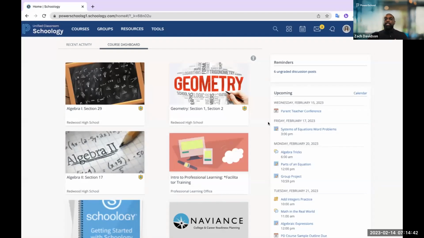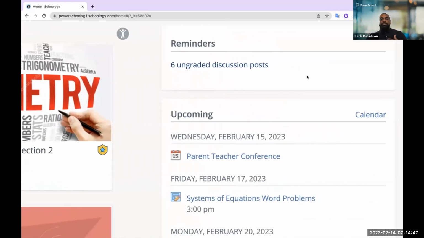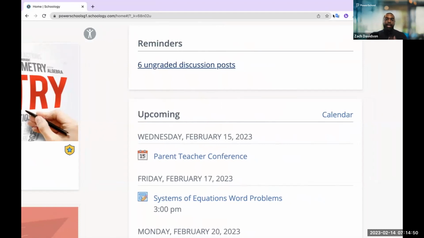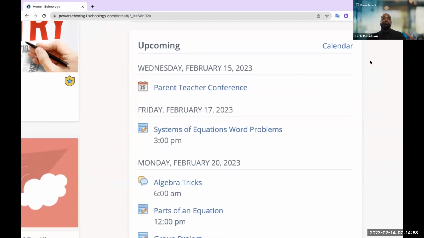To the right column, this is going to be available for teachers and students alike. Right at the top, you're going to see this reminders feed that really just showcases and highlights here any sort of ungraded assignments or discussions and assessments that need to be tended to by the teacher. Below that, once again, available for teachers and students alike, is an opportunity to see what's coming up on that daily calendar. For the week, as a teacher, I can see the homework assignments that I've pushed out, any tests or quizzes, and any events for the groups that I'm a part of. Obviously, the same would be for students, right? They would see the homework assignment that's due tomorrow, the test I need to study for, all within one location.